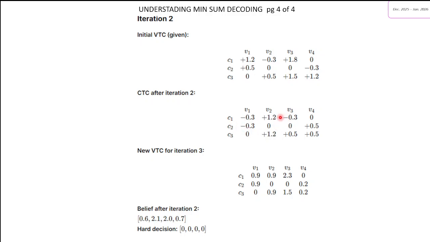After this matrix is made, we will sum up the value. This is message passing minimum, and sum will be done here. How is it done? Using an initial LLR. For this, the initial LLR is 1.2, and we will add minus 0.3 to it, which will give a plus 0.9. Similarly for this one we will have plus 0.5, and then add minus 0.3, which should give you